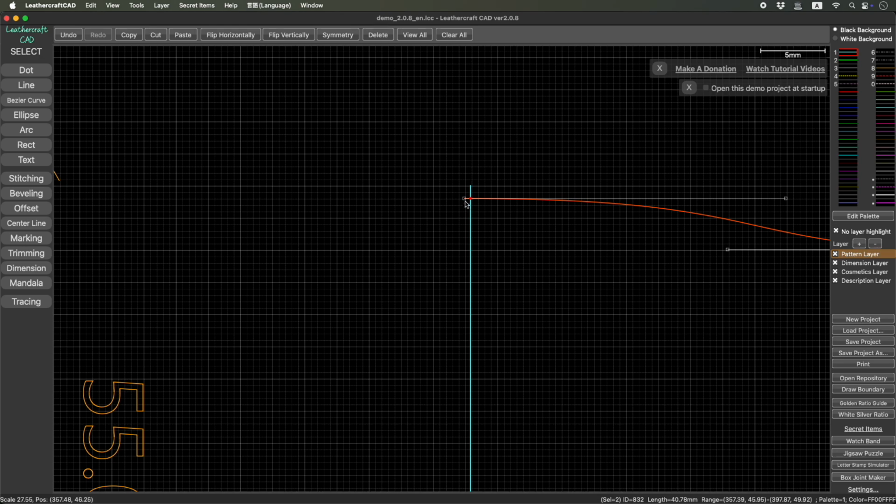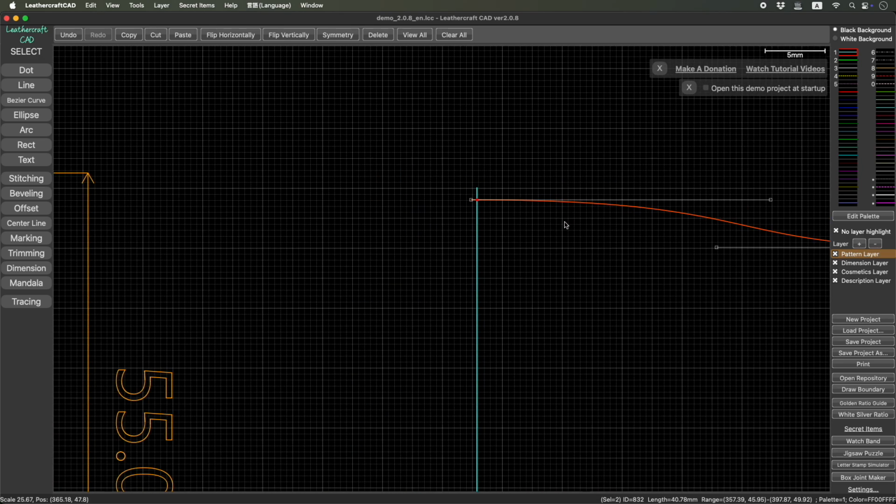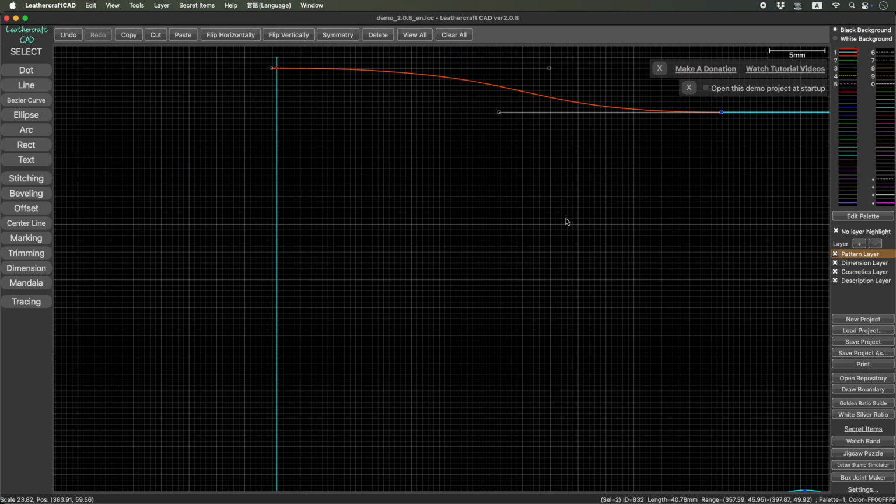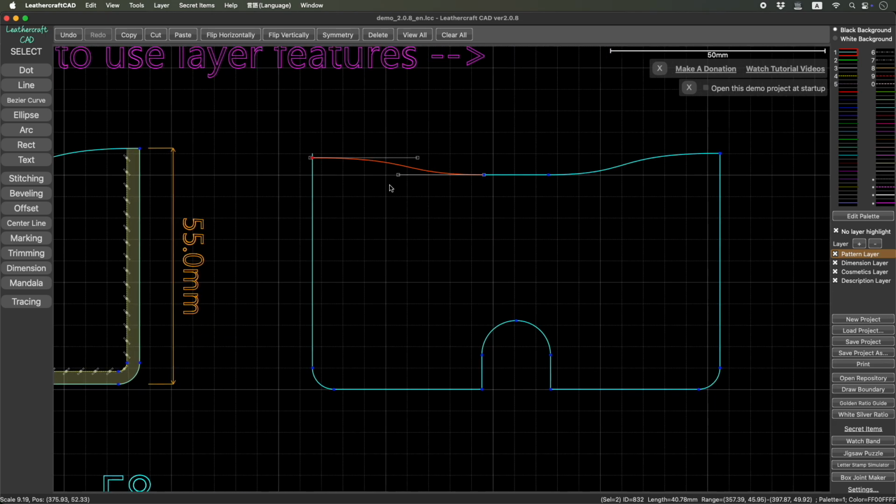That means it's crossed, not jointed. In this case also, it will not, so this is not a closed object. So if I press F9 again, it will convert them into a single template object, but it's not colored because this part is not connected or jointed. So let's undo again, and then